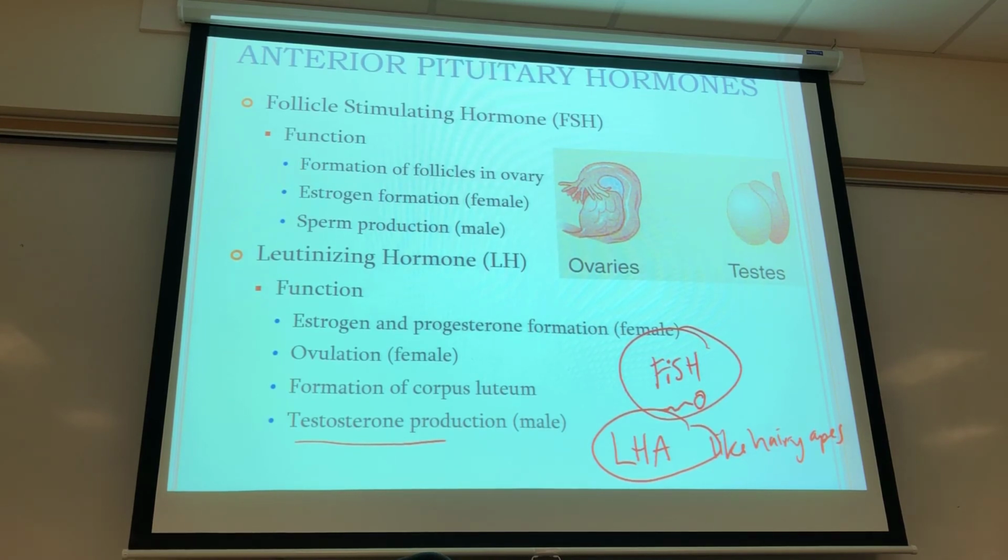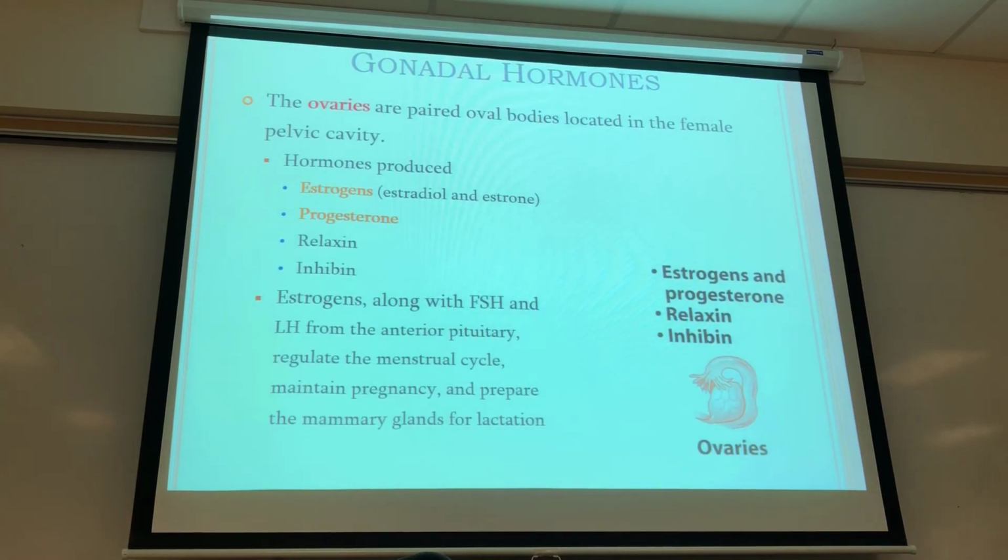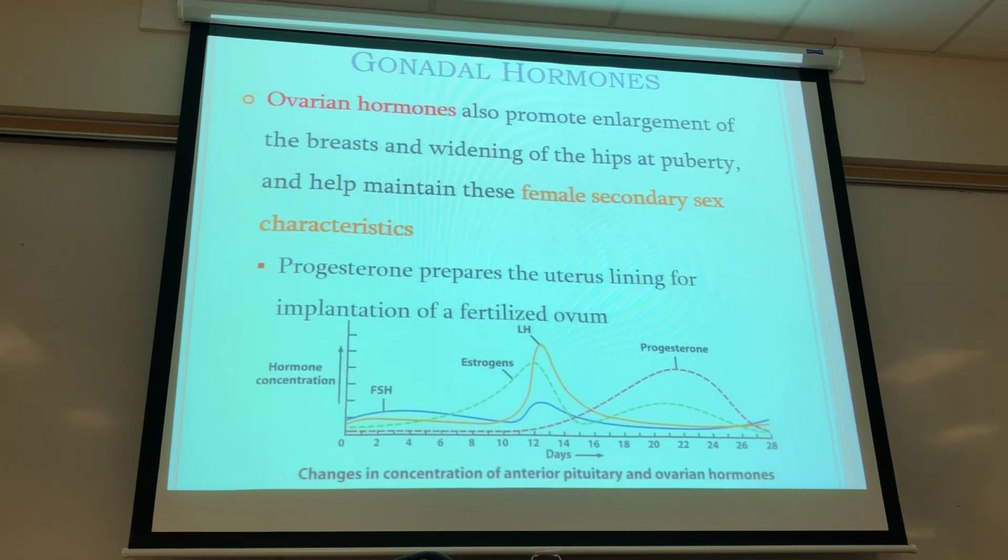Looking at this, you should be able to see follicle stimulating hormone, formation of follicles in the ovary, and then luteinizing hormone is the other one. It's the production of estrogen and progesterone. Looking at the gonadal hormones, again, you can kind of see where these are involved. The estrogens and progesterone are heavily involved in the formation of, you'll see on the next slide over, the process of